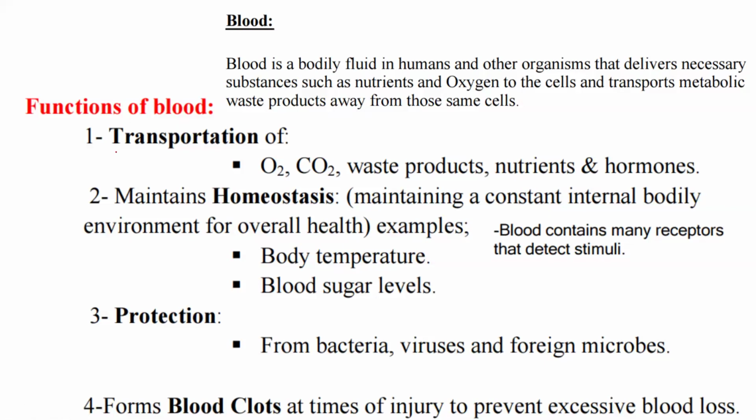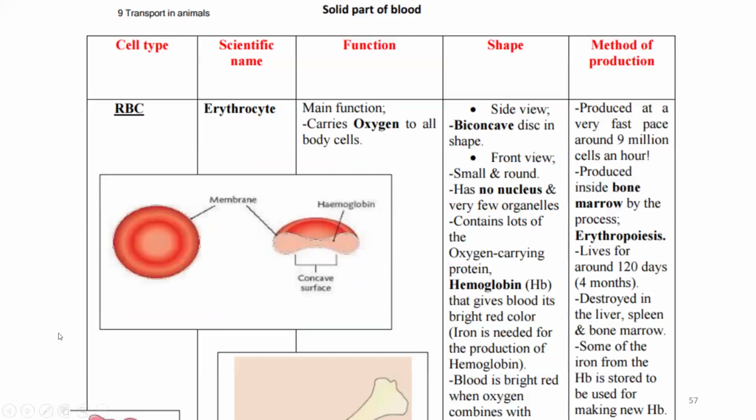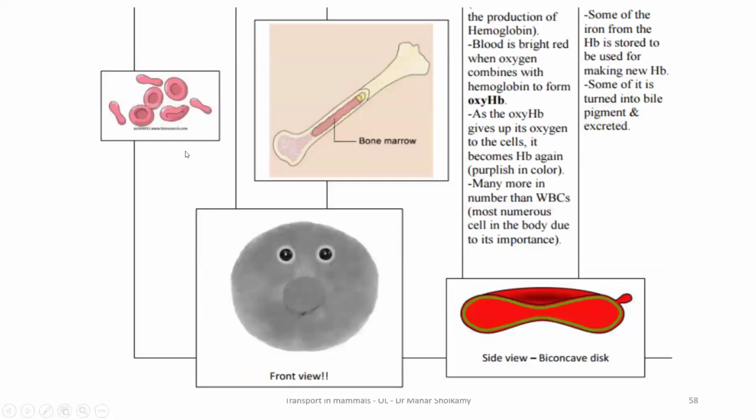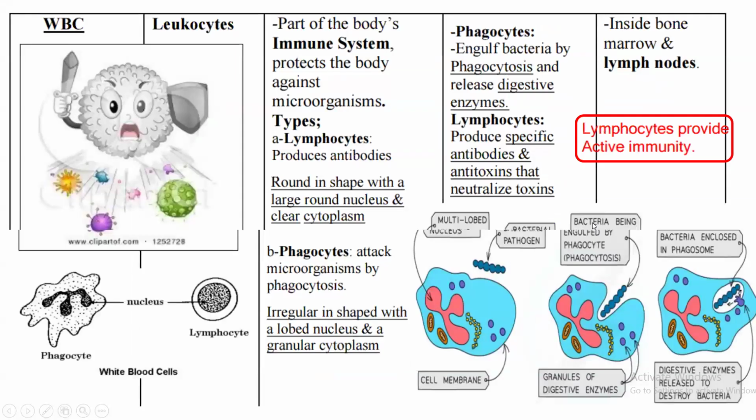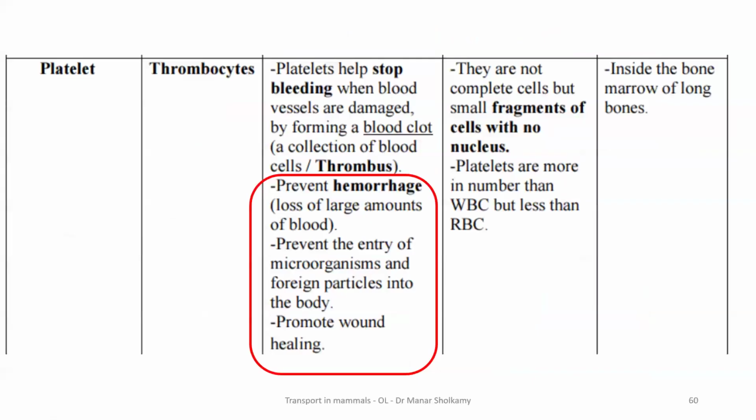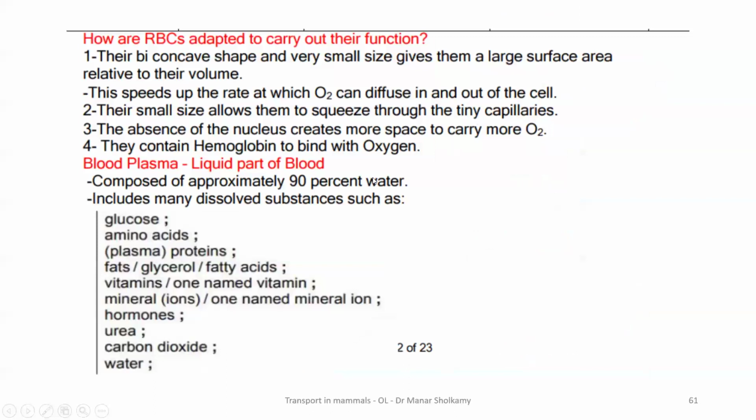The functions of the blood. This is core. The blood carries gases, and the blood protects you because it contains white blood cells. The blood contains platelets which help in blood clotting. Actually, one last thing, we mentioned all this: red blood cells are produced in the bone marrow. You don't have to know the term erythropoiesis, it's too advanced. One last thing, which is hemorrhage, is blood loss, which is the function of the blood plasma.